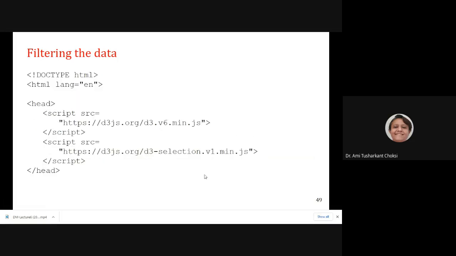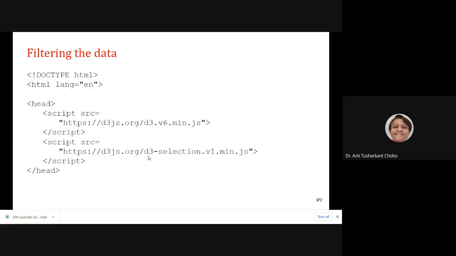Let us see the code for that. This is the loading of D3, V6 or V4. For loading the files, it was using the V4 version. With that, it is comfortably working. So with that, we have used that only. Here also, you can use the V4, no issue for that. One more thing we have to use, d3.js.org. One more JavaScript source we have to use is for filtering the data.